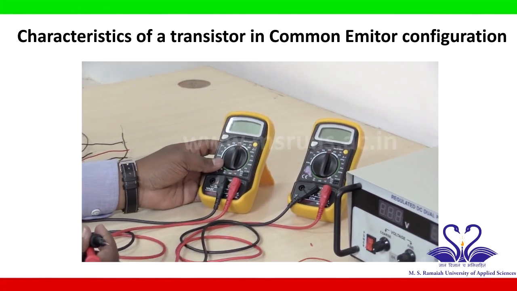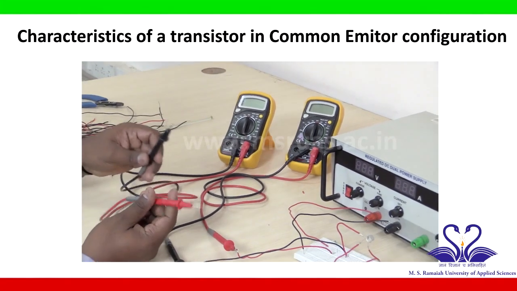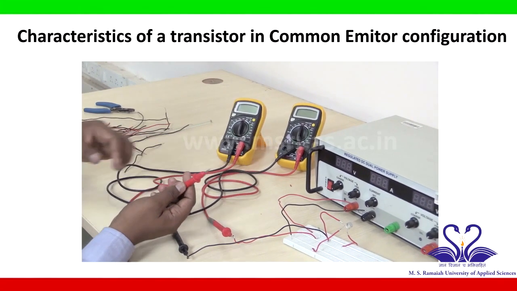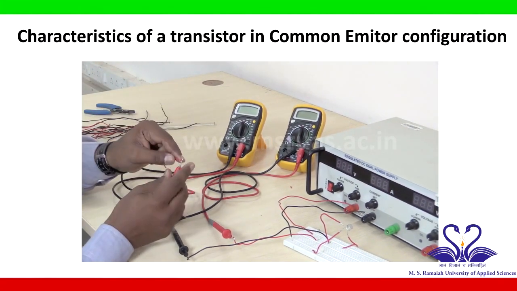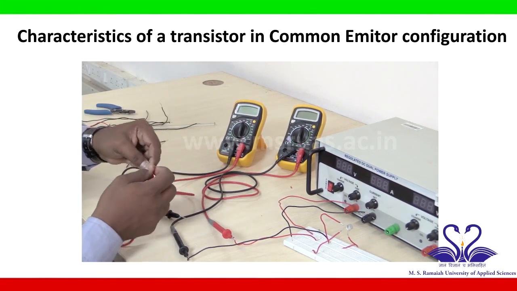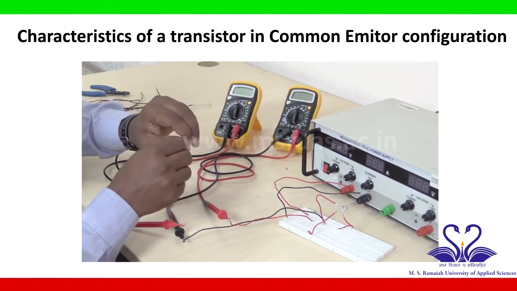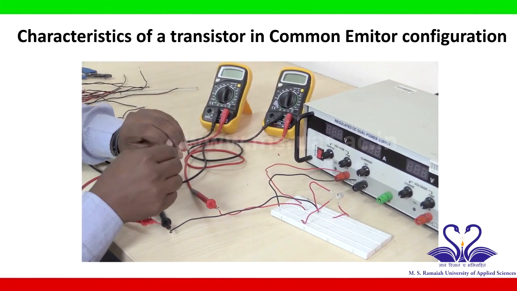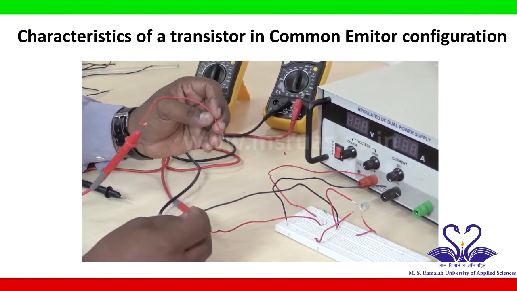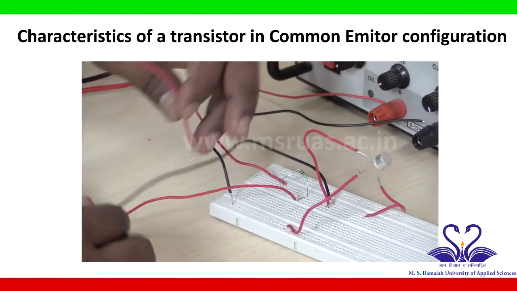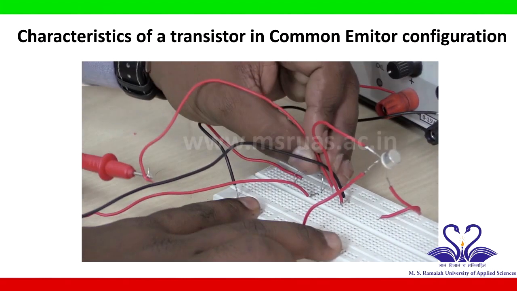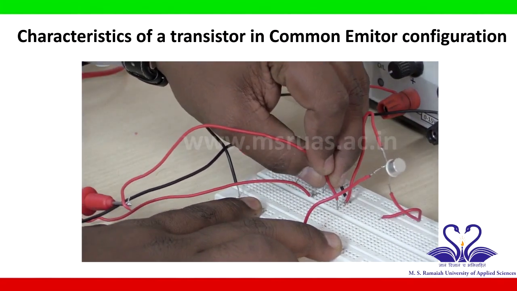So now I have connected the transistor on the breadboard, and let us take one more multimeter and connect this as an input side voltmeter. If you see the circuit connection, its positive, that is the red probe, the red wire, is connected to the negative of the ammeter or the base of the transistor. So this point in the breadboard. So I am connecting this positive of the voltmeter to this point,